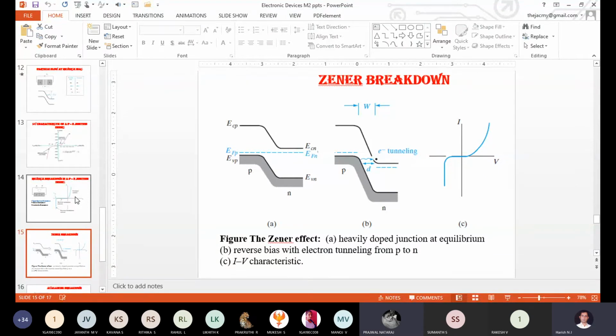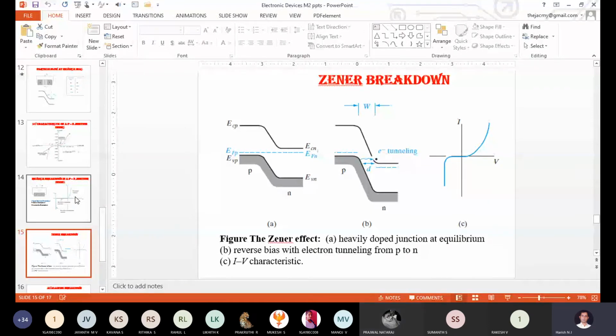As per you, it's correct. Zener breakdown will happen due to a very high or intense electric field. It will be initiated across the barrier. Due to that only, Zener breakdown will happen. Correct. The other person said breaking of a covalent bond; breaking of a covalent bond happens under the Zener breakdown concept itself.